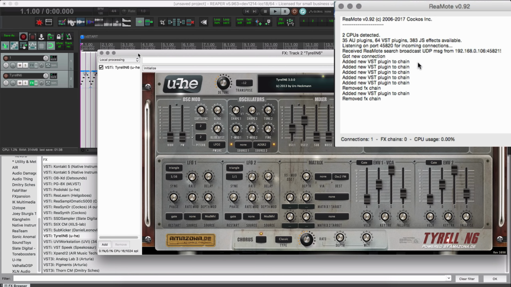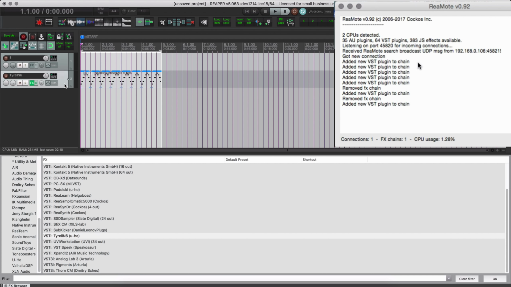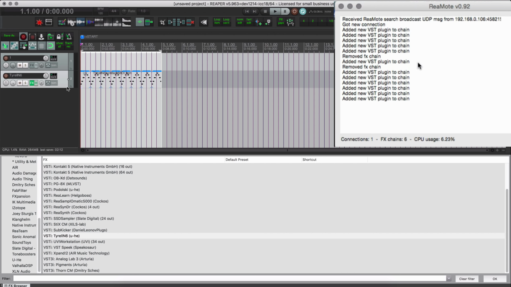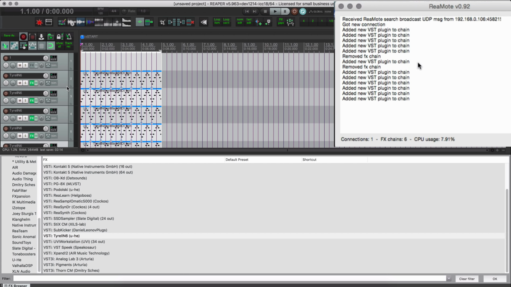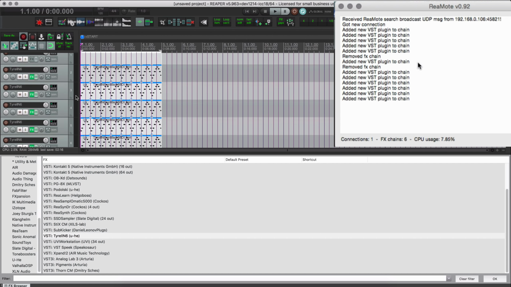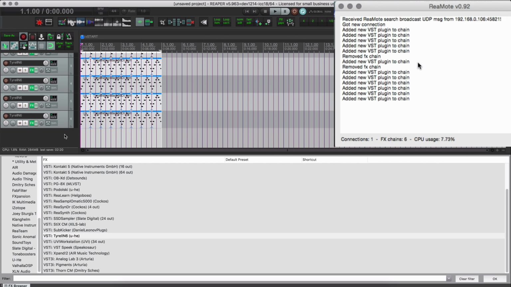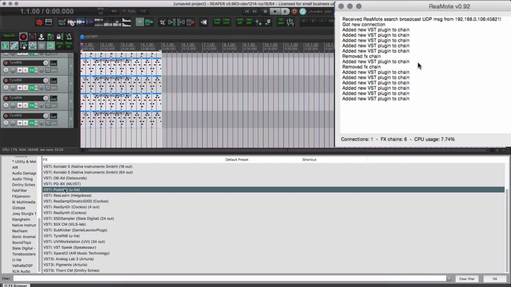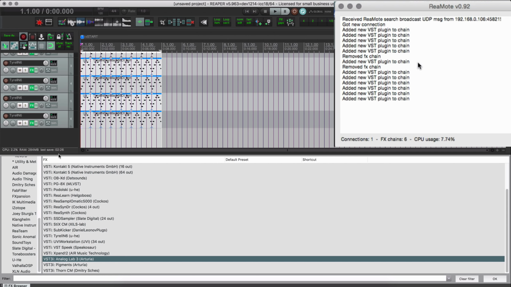You could write the music with local processing, low latency, and then move the processing over to one of these other computers and then free up your local CPU. Then latency is not really an issue and you can continue working. So just as an example of trying to overload this, maybe, I'm going to duplicate this track a few times. So now we've got 6 tracks of Tyrell, and I'm going to put in 1 track of Podolsky